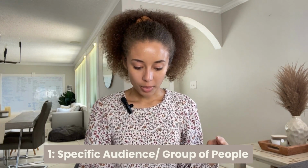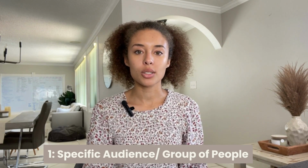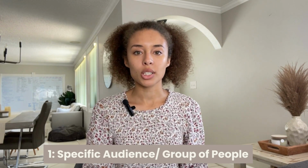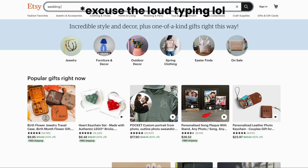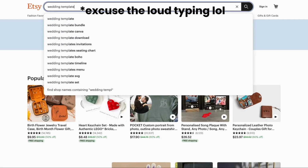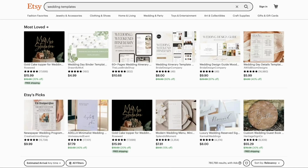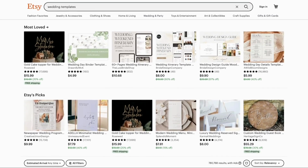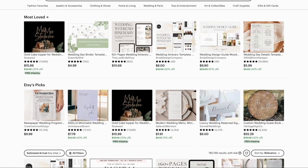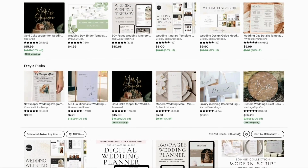So number 2 is we want to make sure that we have plenty of product possibilities. So in order to do that, we're actually going to hop over into Etsy. So I'm going to start by just searching wedding templates, just pretty broad, because we just want to get an idea of what's going on in this niche and really if there's plenty of products. I mean, I already know from this niche that there is